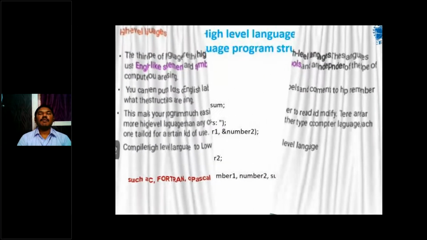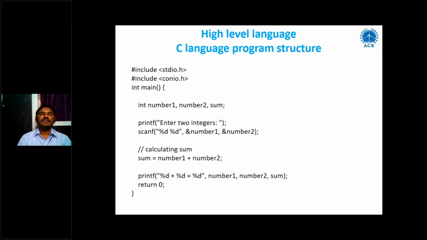So here we are talking about assembler level directives. Suppose, for example, we all know the structure of the C language. Every program of C language will start with hash include stdio.h. So what is this hash include stdio.h? Is it a part of programming or a part of the instruction set? No. Then what is the hash include stdio.h, hash include conio.h?